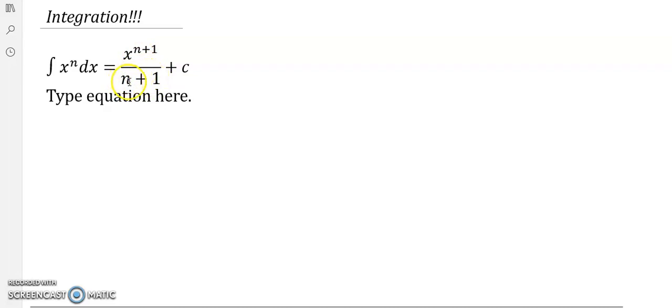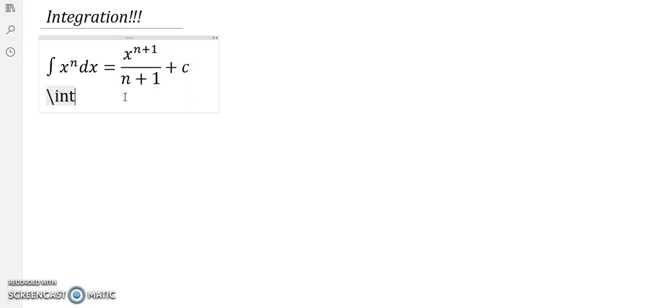We have n plus 1, which is the exponent, x to the power n plus 1, plus the constant c. Okay, let's have this example. The integral of 1 divided by x dx equal to